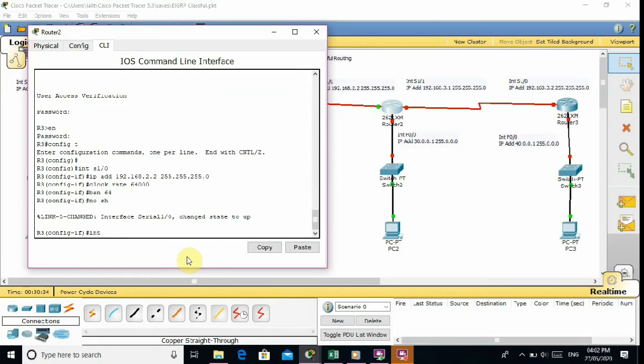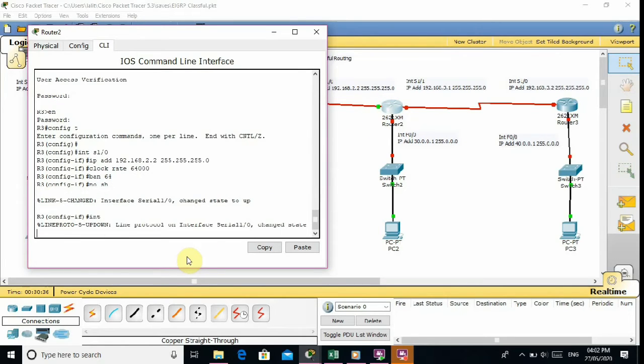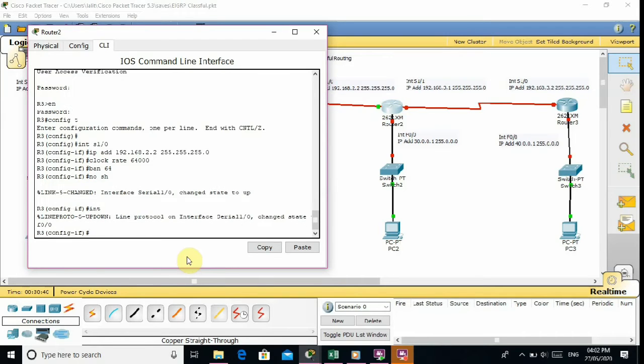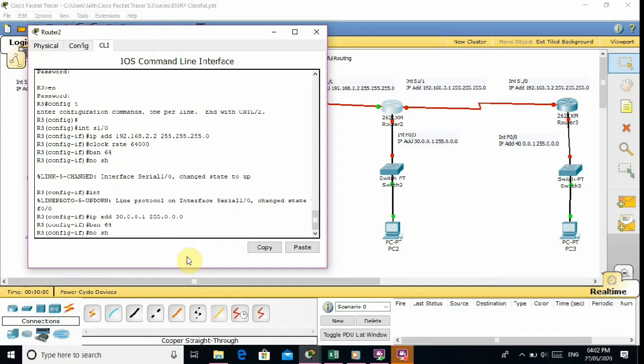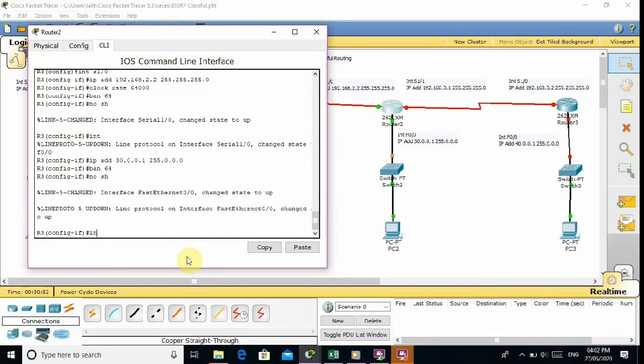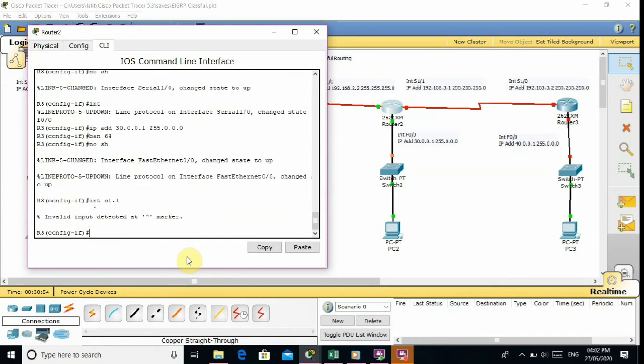FastEthernet 0/0. IP address is 30.0.0.1 and 255.0.0.0. Bandwidth is 64 and no shutdown command used to open the interface.